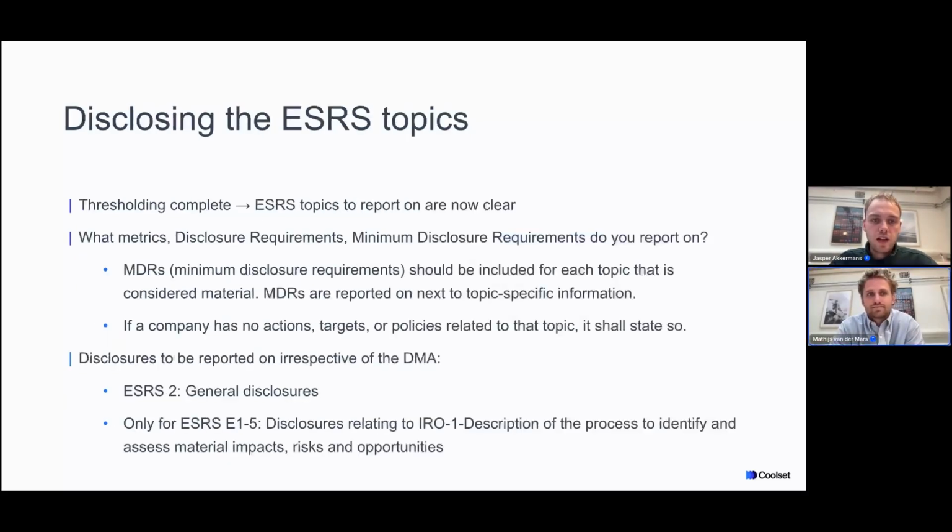So then, looking at disclosing the ESRS topics. Once thresholding is complete, you have the ESRS topics to report on, which are now clear. And then the question is, what metrics, disclosure requirements, or minimum disclosure requirements do you report on? So you have the MDRs, the minimum disclosure requirements, which should always be included for each topic that is considered material. Good to note, MDRs are reported on